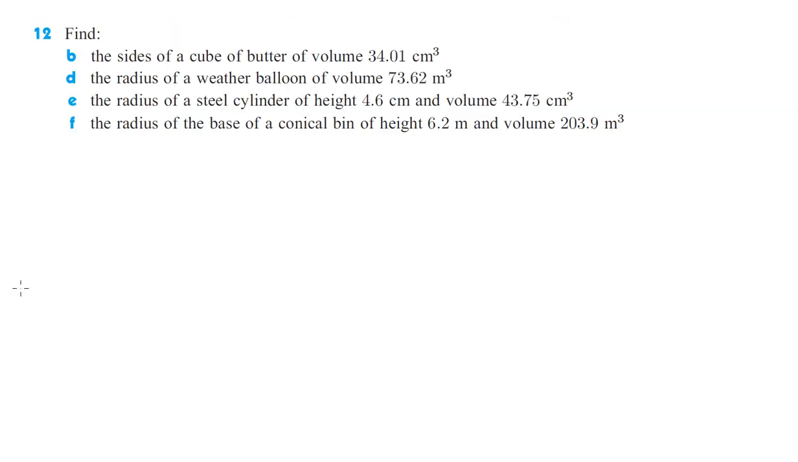Number 12. Find the sides of a cube of butter of volume 34.01 cubic centimeters. So, the sides of a cube of butter. The volume is going to be the length times the width times the height, because that's what volume of a cube would be, right? Each of those sides are all going to be the same. So we'll just say the volume is just the length cubed, right? But we know the volume is 34.01, so we go 34.01 is one of our sides